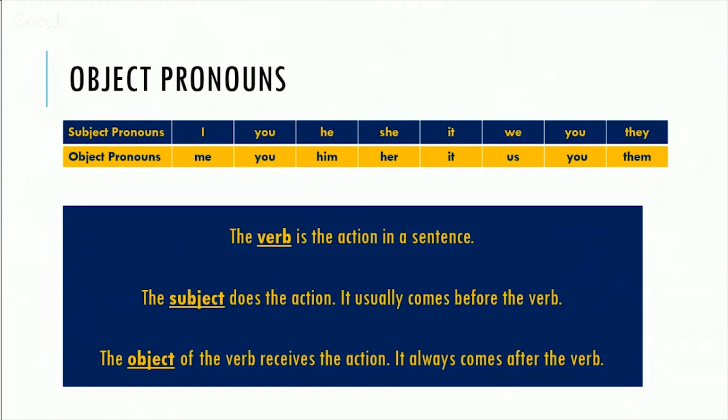I, you, he, she, it, we, you, they. And you see you twice because you can be singular and plural. Ustedes ven you 2 veces porque puede ser singular y plural. Tú y ustedes. Good. Now, on the bottom part of that